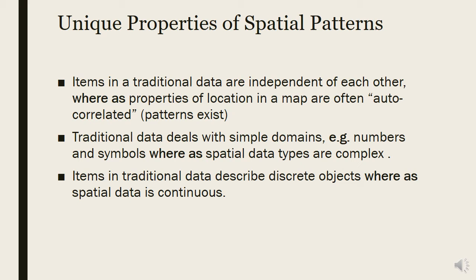Unique properties of spatial patterns. Items in traditional data are independent of each other, whereas properties of locations in a map are often autocorrelated. Traditional data deals with simple domains, for example numbers and symbols, whereas spatial data types are complex. Items in traditional data describe discrete objects, whereas spatial data is